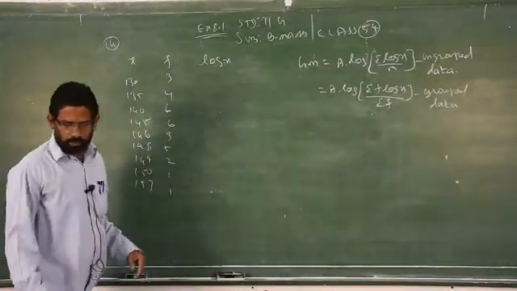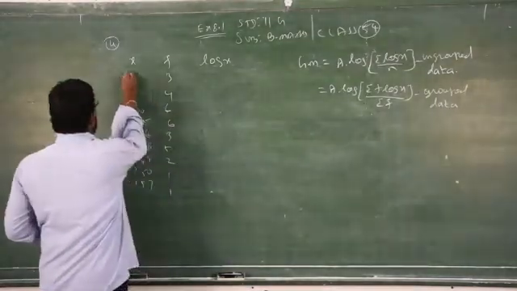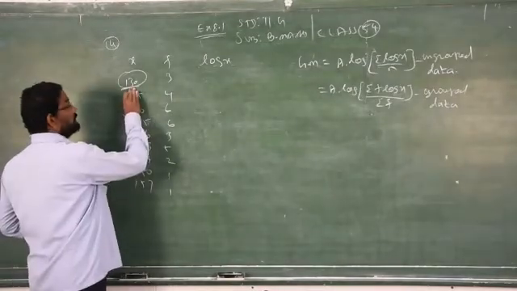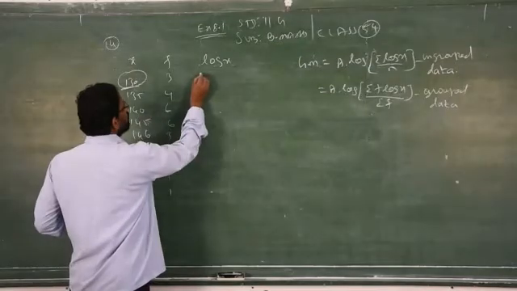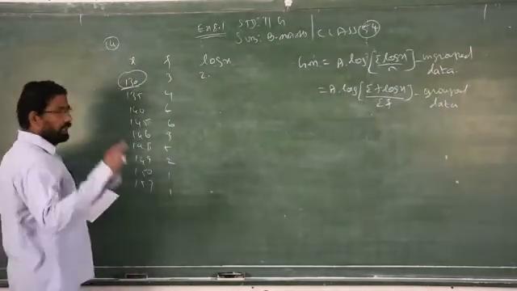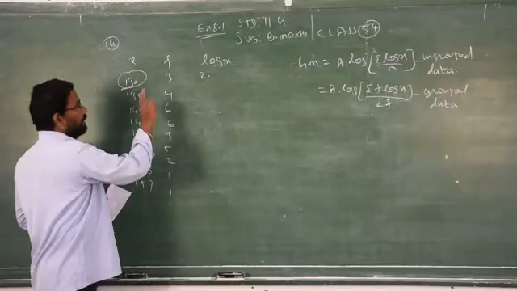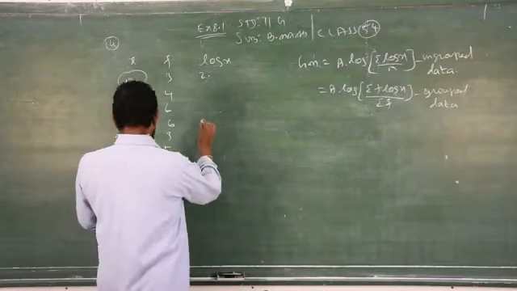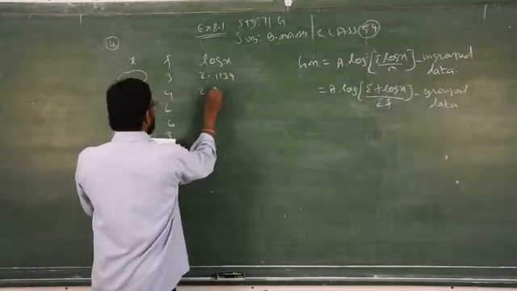Now you can start to work out that log x. I will write down the log x value for 130. How many digits are there? Number of digits is 3 in the integral part. Number of digits minus 1, that is 2, point. Under 13, the first 2 digits you have to see in the first column, and the third digit you have to see from 0 to 9, as I said just now. So you have to check, and you will get 1139. I write straight away the answer.